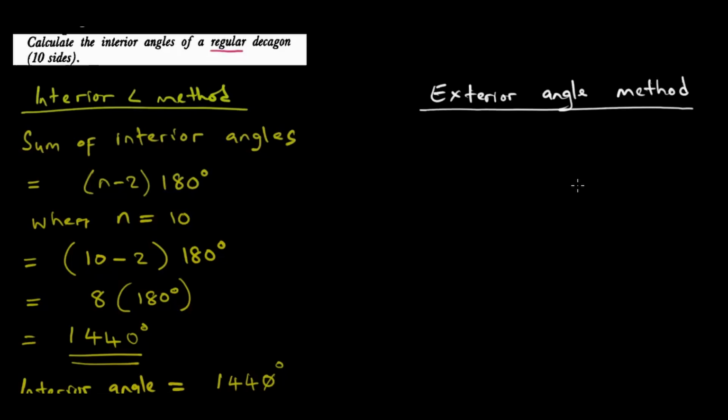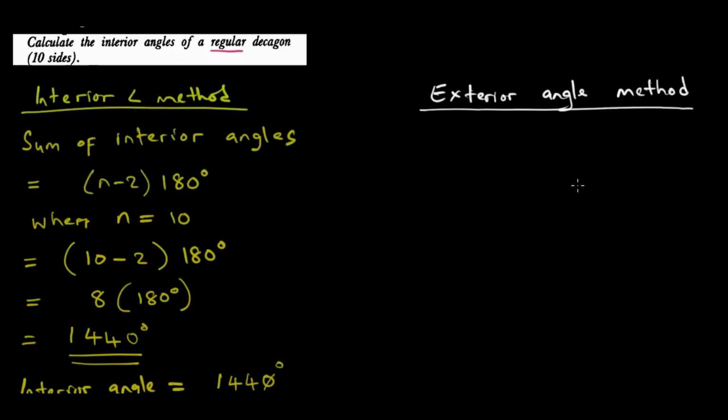Since this is a regular polygon, I underlined the term regular. It means the sides are equal to each other, the interior angles are equal to each other, and by association, the exterior angles are also equal to each other. We wrote it as a statement in one of our earlier lessons.